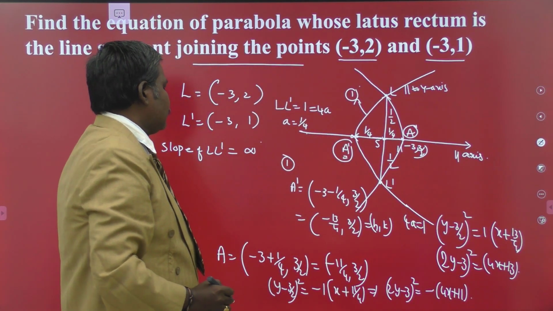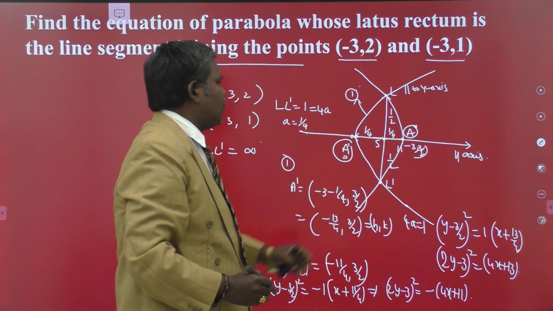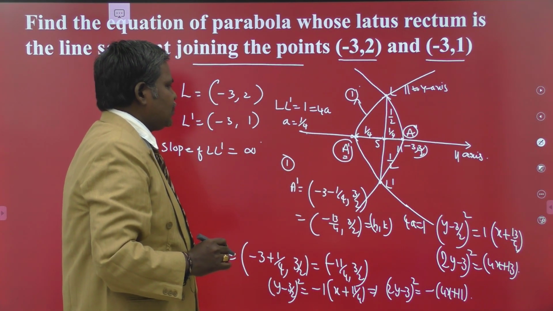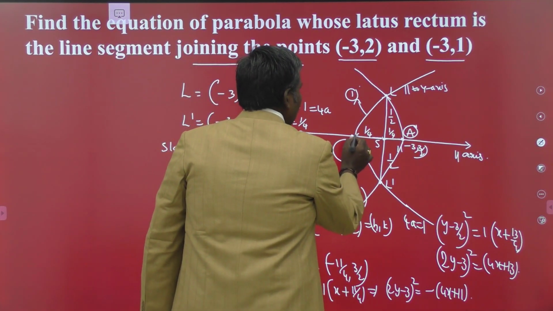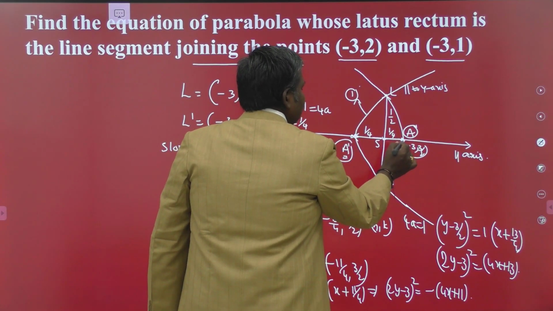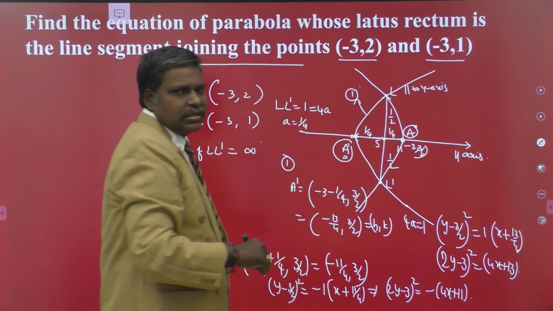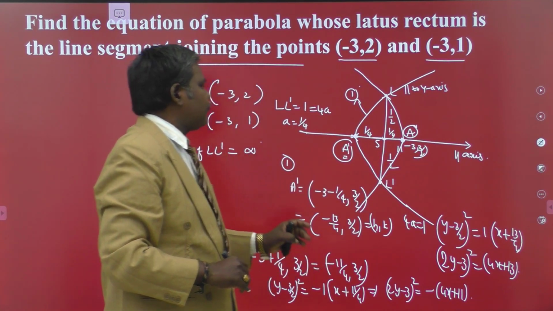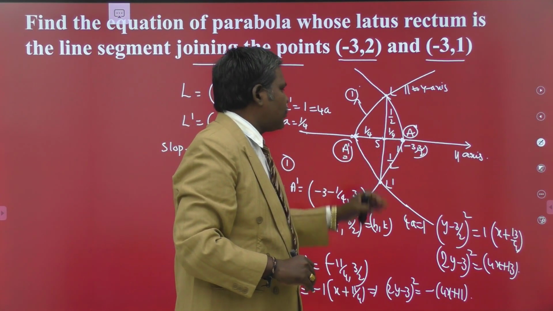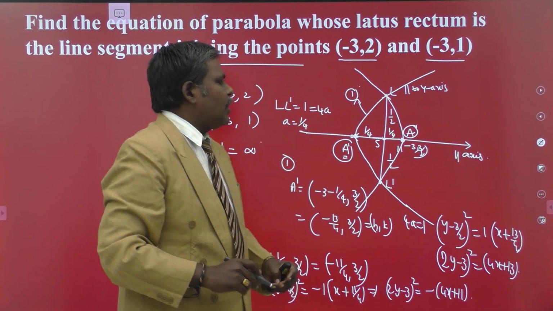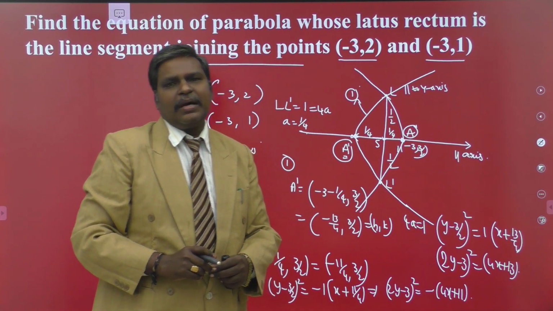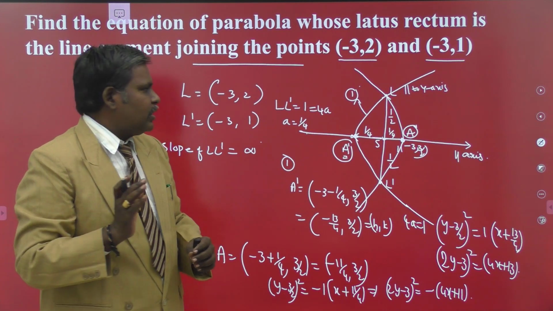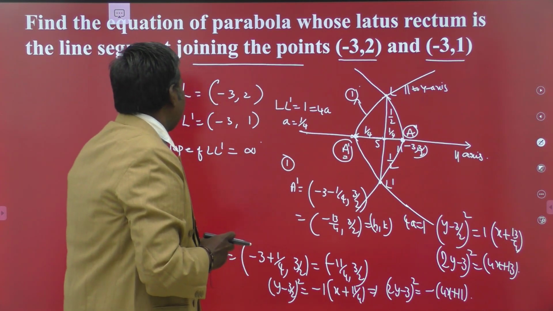4x plus 11 itself. So in this manner we can crack this problem. The idea is you have to identify the coordinates of the vertices of our possible parabolas. By adding 1 by 4 and subtracting 1 by 4 from the x coordinate of the focus itself, we obtain the possible vertices of the possible parabolas. That is the one and only thing you have to identify.